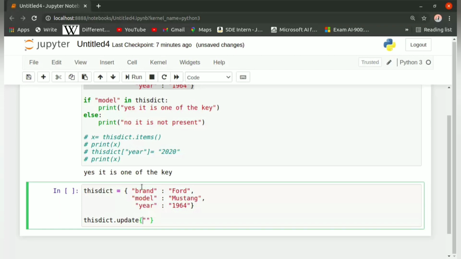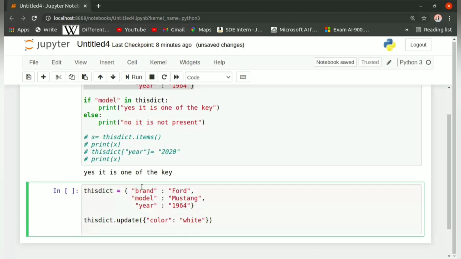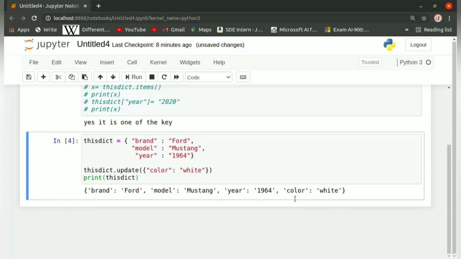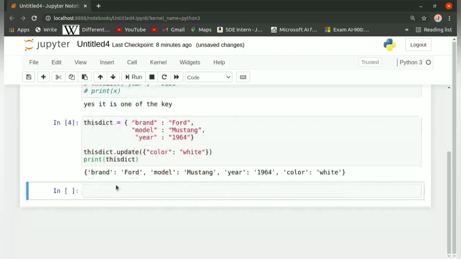Be very careful while using this update method because you have to specify these curly brackets also. So inside the curly brackets write the key value pair, which is color. Color is the key, put a colon, after that write white. Now print this dict. Let us see what is the output. So the output is adding one more key to the previous dictionary. So this was another method to add items.